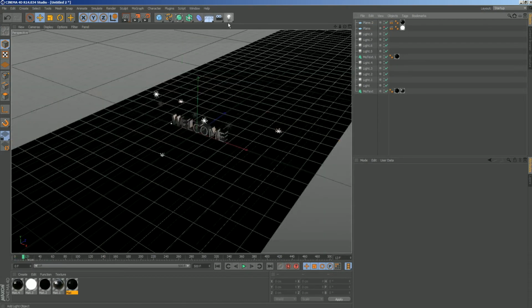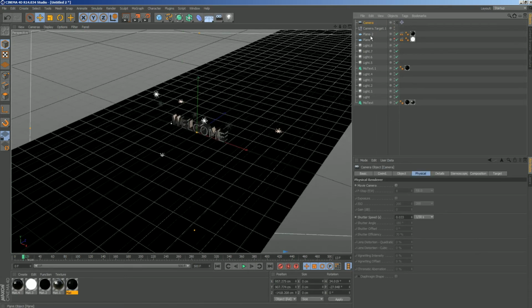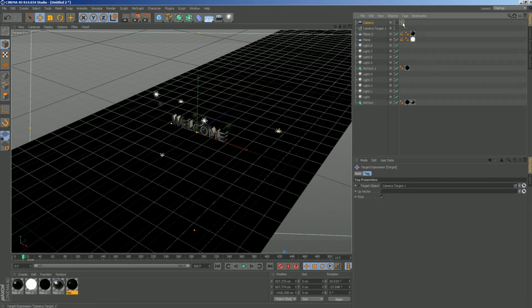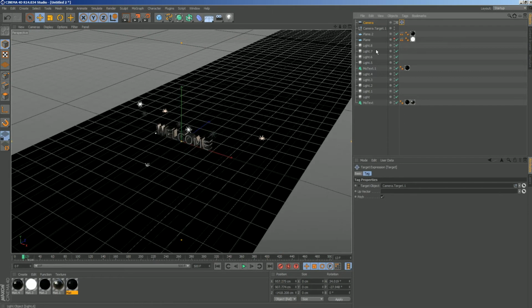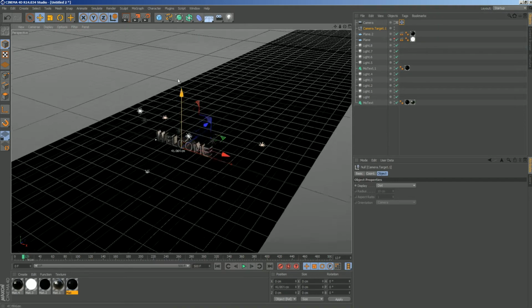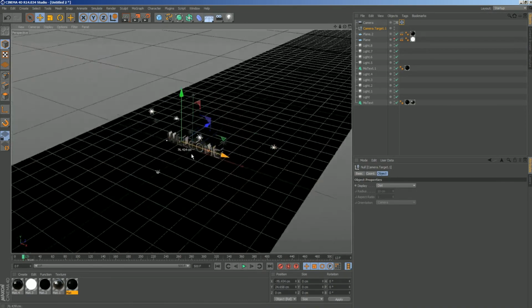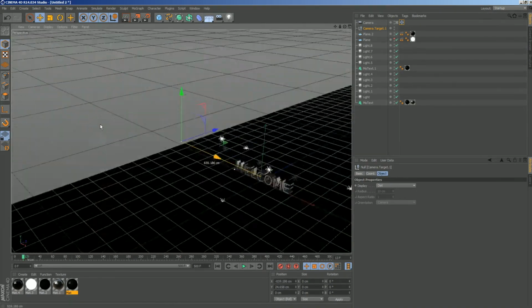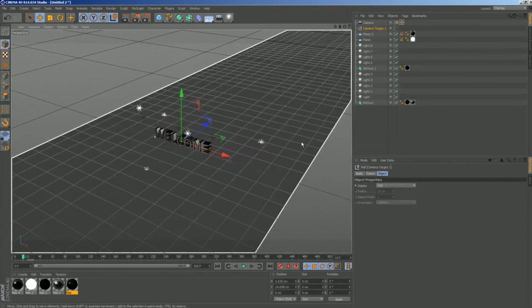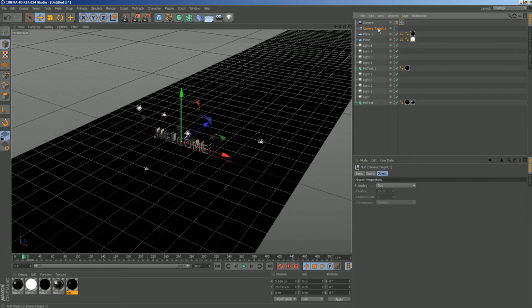Let's delete this. And the second camera is basically just the same thing that we have done, but it already has the target tag added. And the easier thing is that you have a null object here. A null object is just a point, but it has nothing included. It's not an object. It's nothing. And when you move the target, it will follow this particular point all the time. I think I need nothing to explain about it,